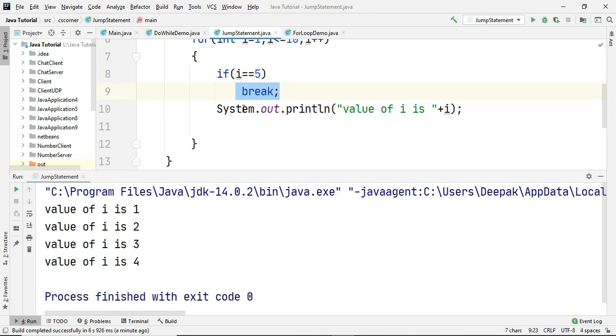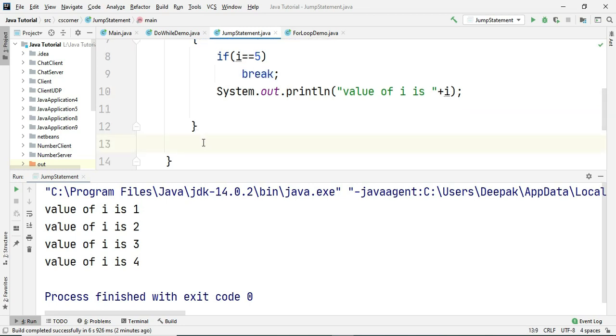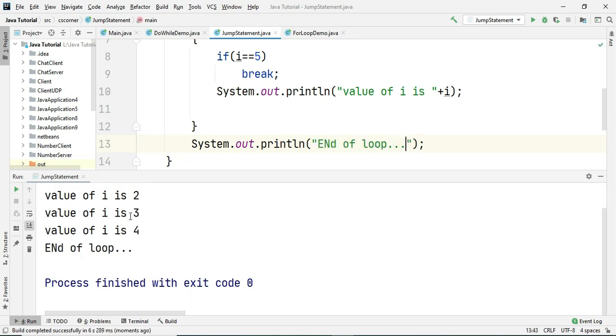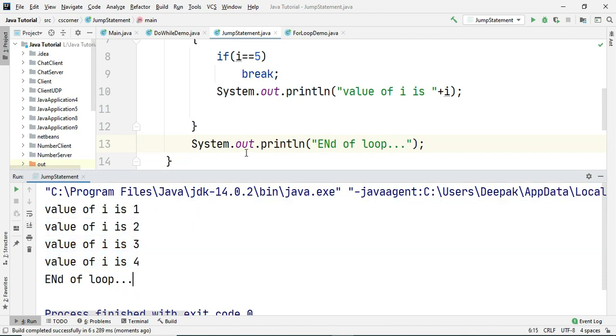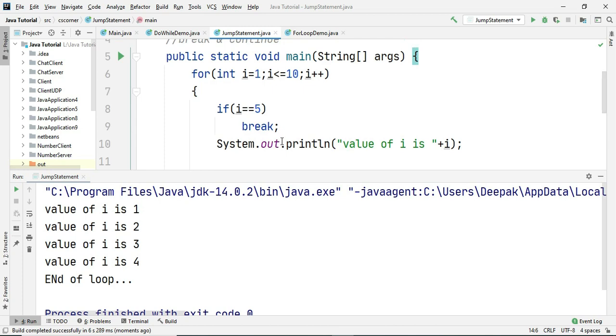What this break will do is take us out of this for loop, and if any statement is there outside of this for loop, that will be executed. So let me print one statement over here, end of loop. Now you can see it is printing 1, 2, 3, 4, and after that it is printing end of loop, because break has terminated my loop.